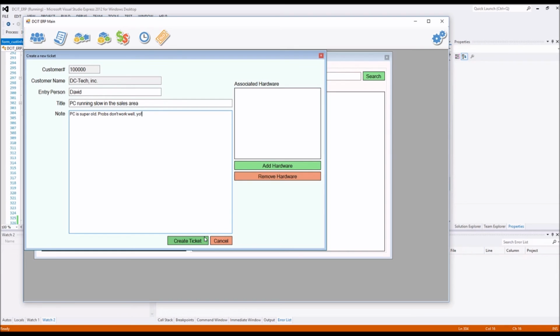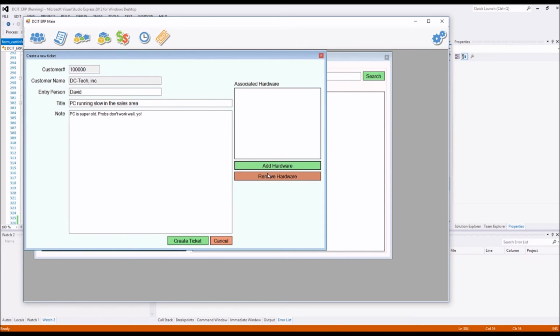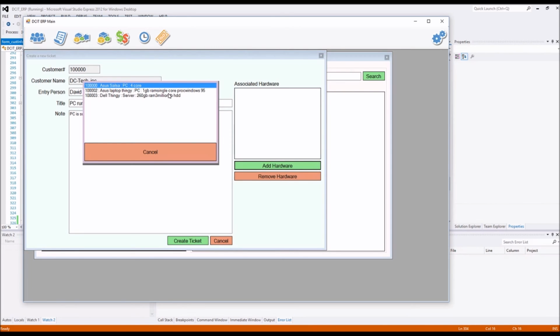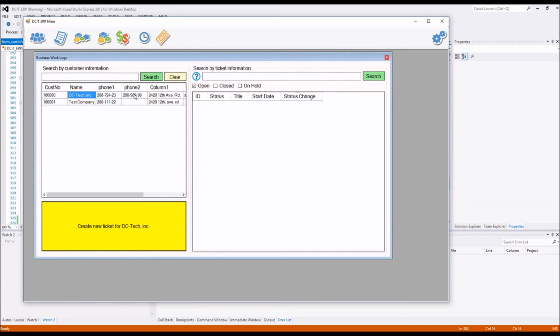I don't know. And you can add a hardware. So our business customers, every piece of hardware they have would be logged into the system, and so we can tie every ticket back to a specific piece of hardware, so we have the history on it. So let's say it's the Dell that's running super slow, and it only has 260 gigs of RAM, so it makes sense why it would be running slow, right? We hit create ticket, and now